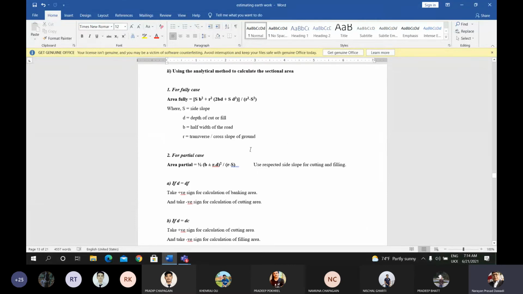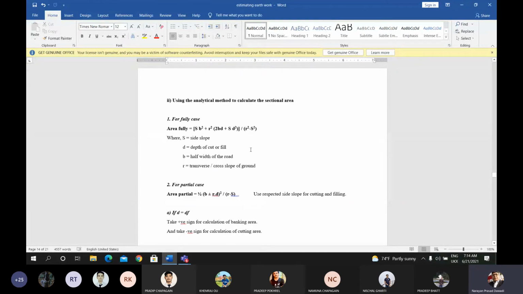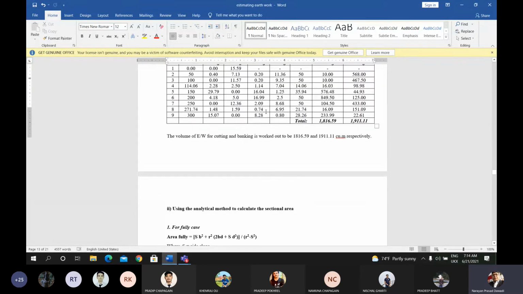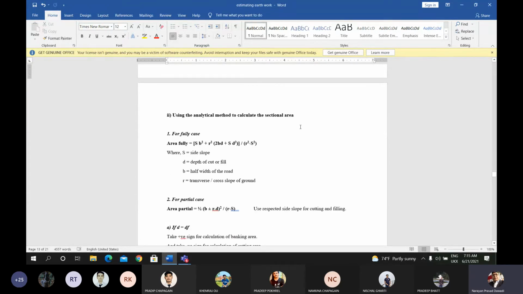Now the same numerical problem can be solved by using the analytical method. Okay, using the analytical method to calculate the sectional area. How can you calculate the sectional area of the fully filling and the partially filling cutting without considering the graphical solution? You can do it by using the formula. You can find the area of the cutting, area of filling, or area of partial cutting, or area of partial filling. For the fully case,